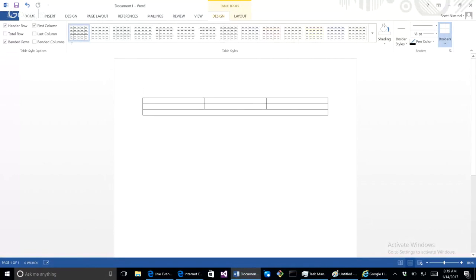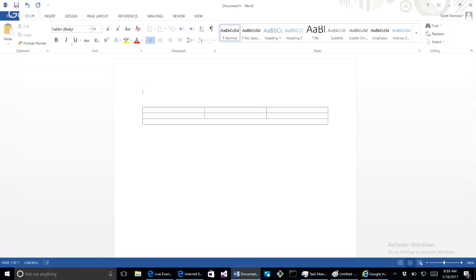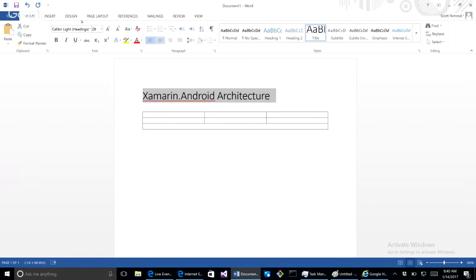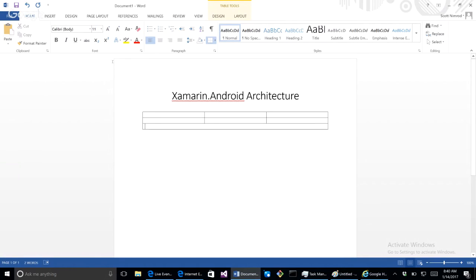All right, so within Xamarin.Android, and is there a way for me? Yeah, there we go. So within Xamarin.Android, we're going to say architecture. I can't really spell. Let's call that that. Yeah, let's center it. Yeah, okay. So the Xamarin.Android architecture is essentially this, okay? As I understand it, it is